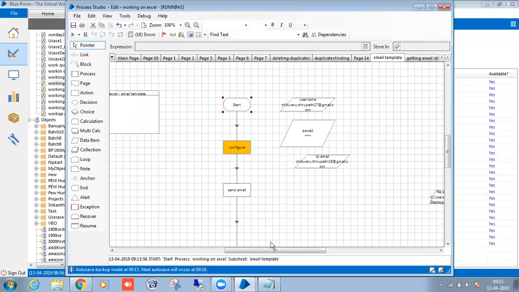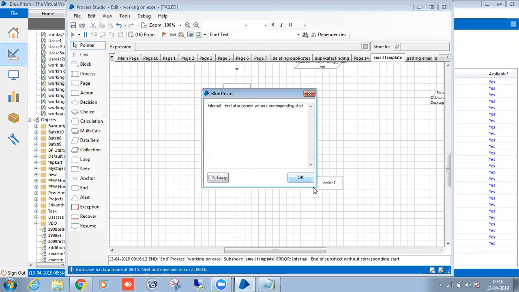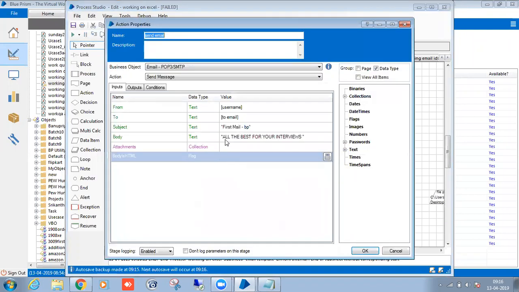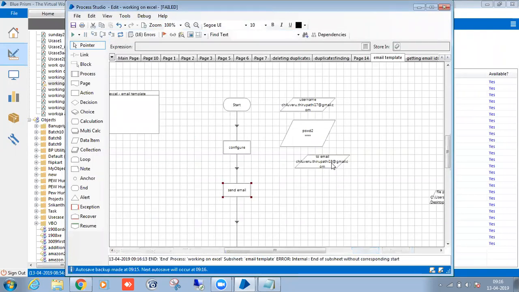One is done. So I will check, two mail is one get.